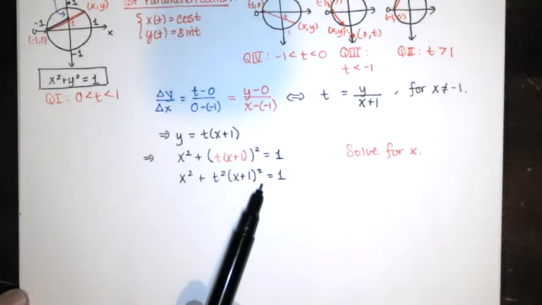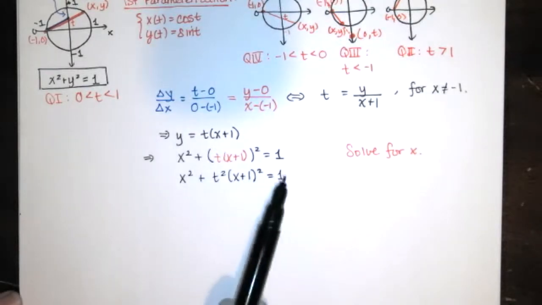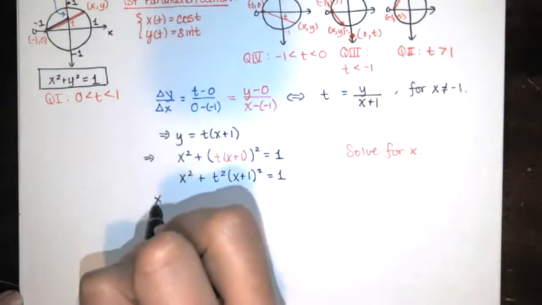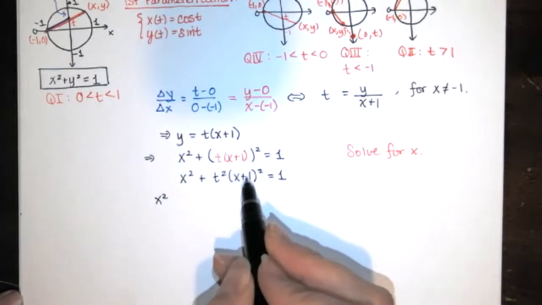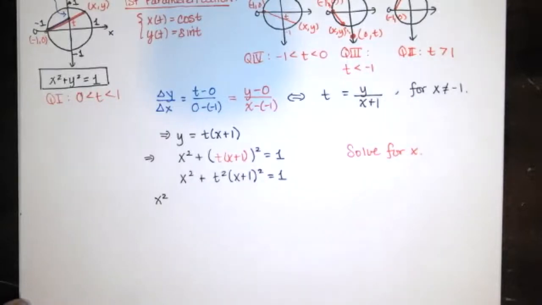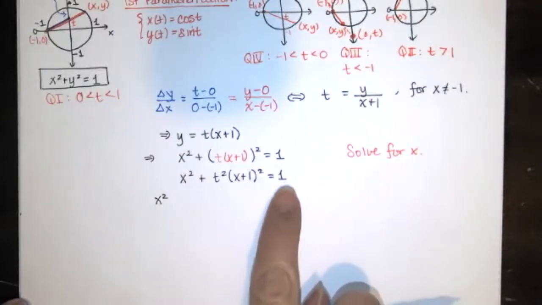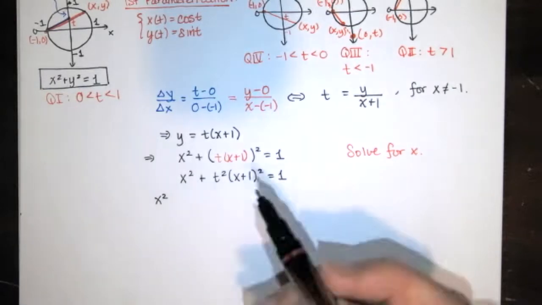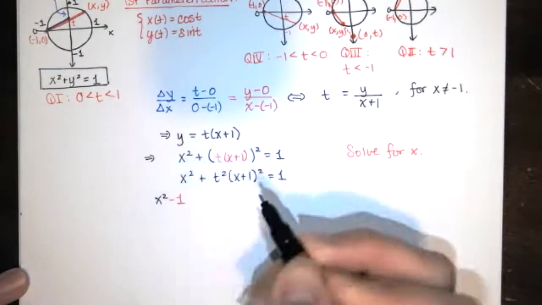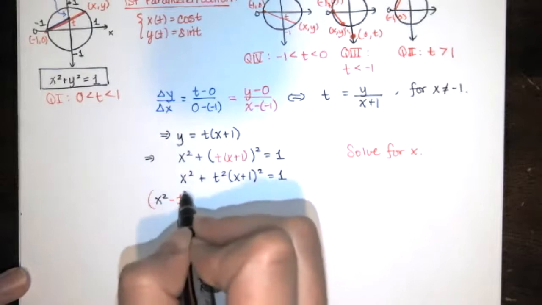If I want to solve this quadratic equation in x, I might try subtracting 1 from both sides and then factoring, or using the quadratic formula. That would get you to the same answer as well. But I'm going to try something a little different. Rather than distributing here and collecting like terms in x and then using the quadratic formula in order to get x by itself, what I would like to do is subtract 1 from both sides, but when I do that, I'm going to put that -1 on the left-hand side in a very specific location. I'm going to group that -1 with this x squared minus 1 over here,